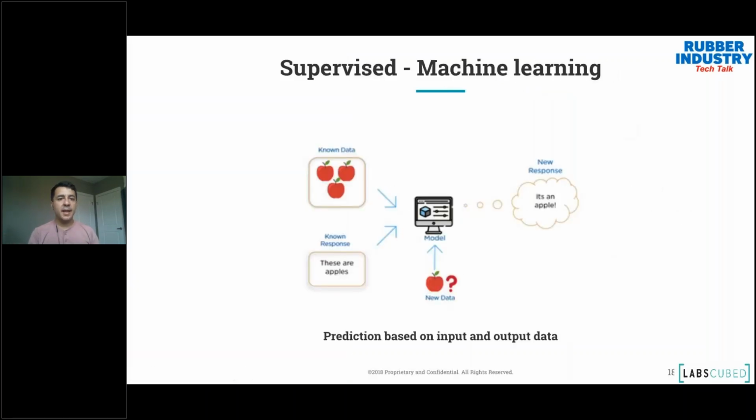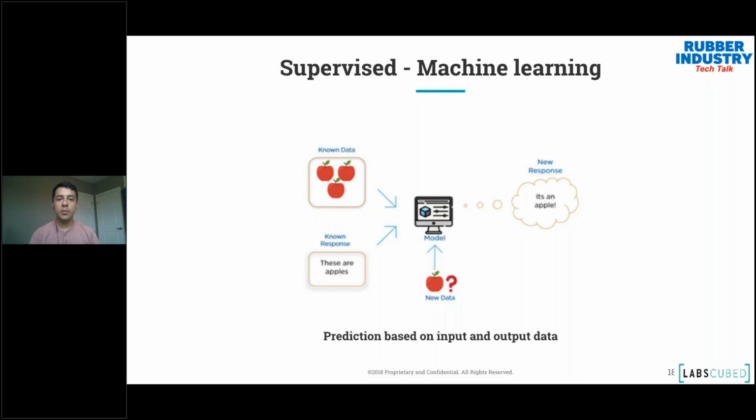One quick example that I usually try to get into: anytime you hear machine learning or neural networks or any of those other words, essentially they're all AI systems that are trying to predict things using different ways of doing it. One common one is supervised machine learning. In this case, you're giving the model pictures of apples and you're telling it they're apples. And then the model learns about all the apples in the world. And then one day you feed it a random picture of an apple and it should predict, hey, that's an apple. And that's a prediction model.